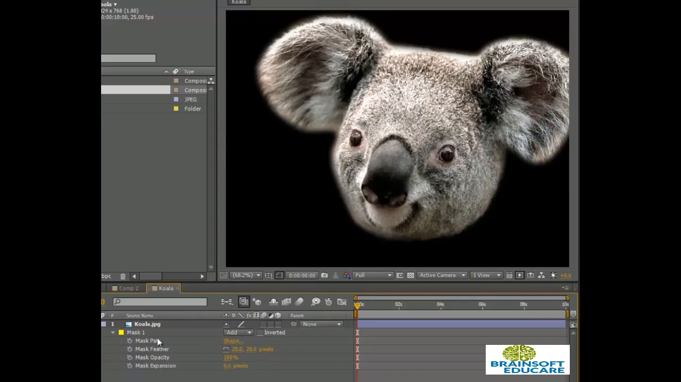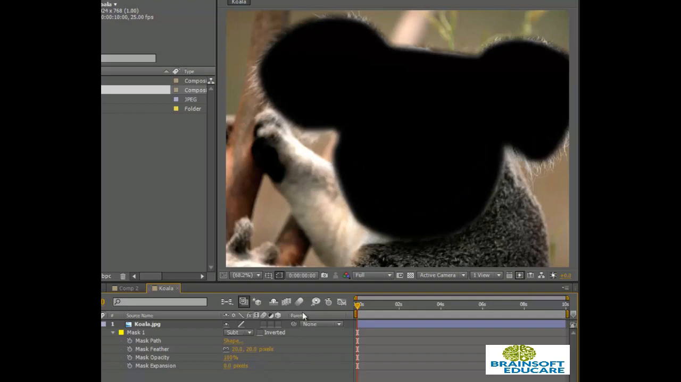Now let's check out what this over here is. This is the transfer mode of the mask. If it is selected to add, that means the elements inside of the mask will get visible. If it is subtract, elements outside of the mask will get visible, and the other come into action when there are more than one masks, and we will learn them later on. For now, we will leave it at add,